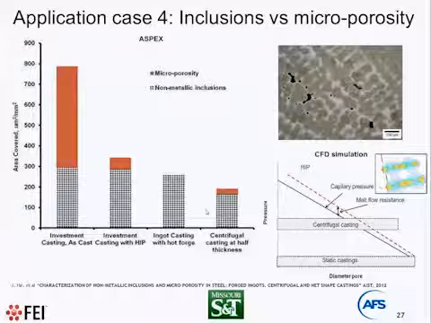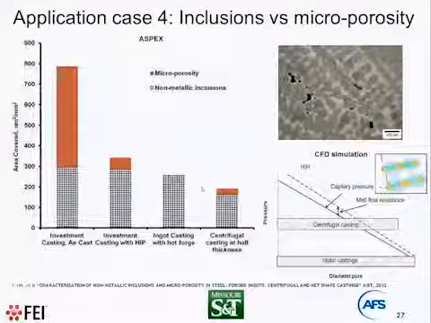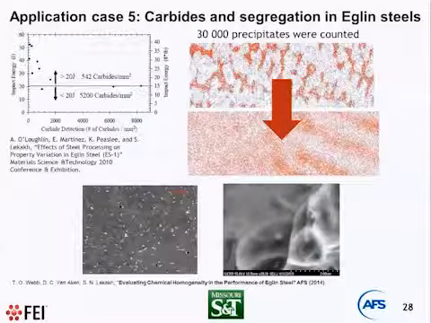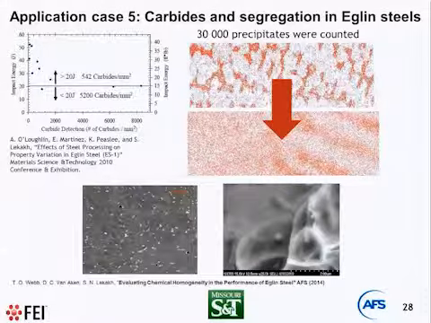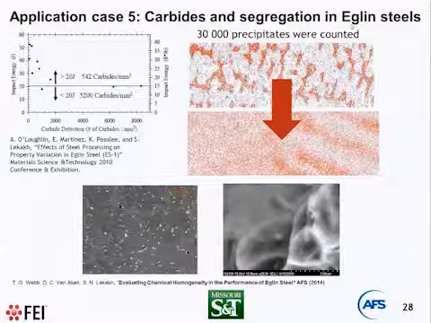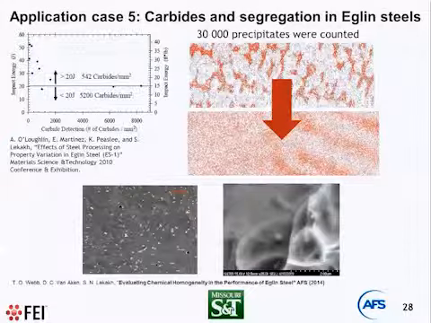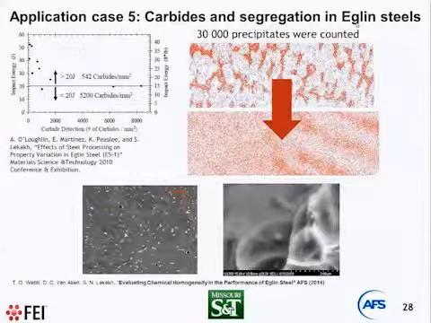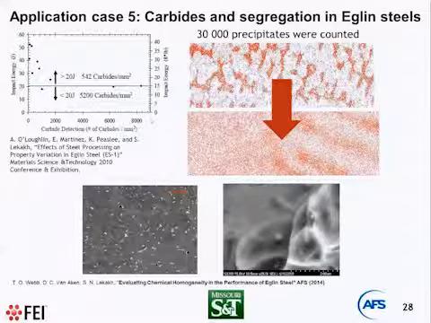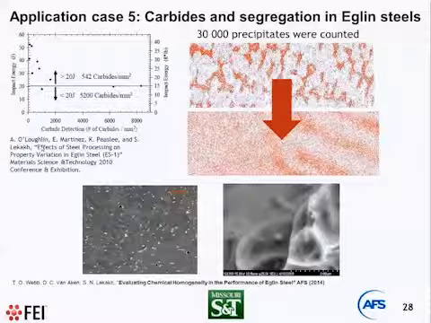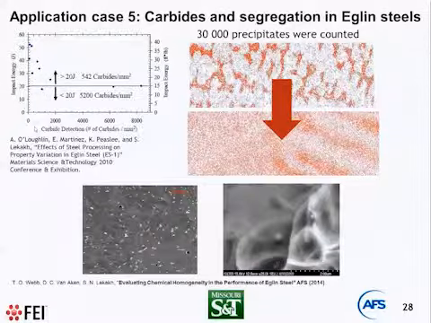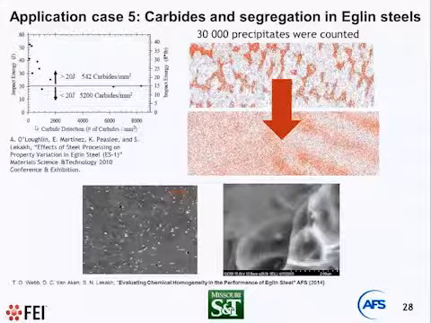So I would like to say that modern metal casting processes allow us definitely to compete with forged steel for steel cleanliness. Now let me show you briefly another interesting application. This is about so-called Eglin steel. Eglin steel is a medium carbon, very high strength steel alloyed by chromium and vanadium, chromium, molybdenum, and tungsten, used for specific applications. And our students study property of this steel depending on inclusion number, and found that main trend